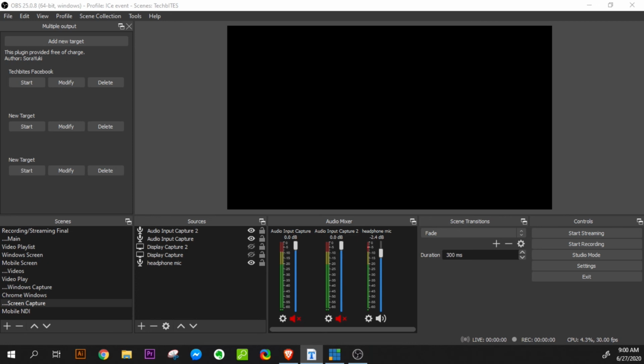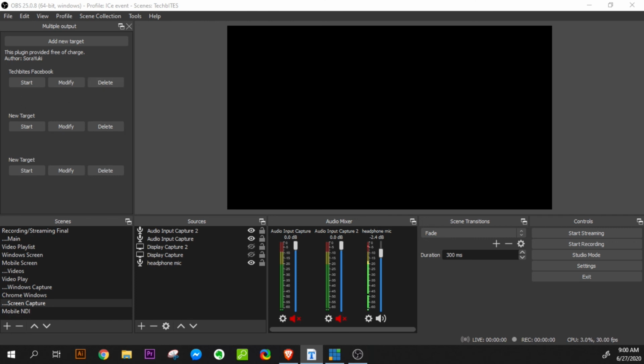As we are ready to start our stream to multiple pages, in the next step you have to just click on the start button so that your streaming is started. Make sure to click on all the start buttons for which we have set up the encoding software, RTMP URL and the RTMP key.